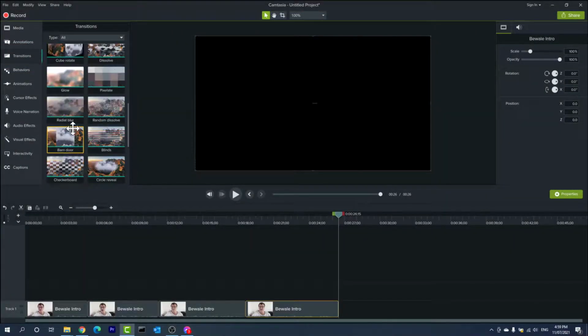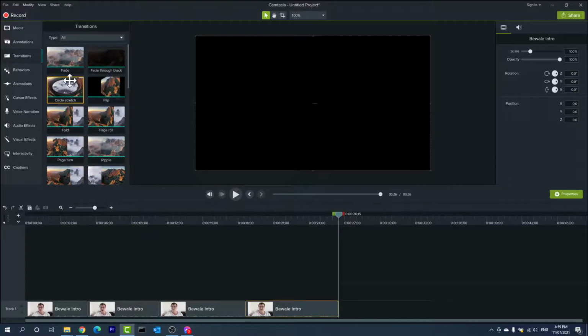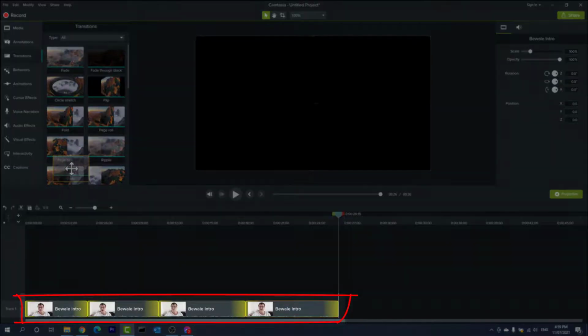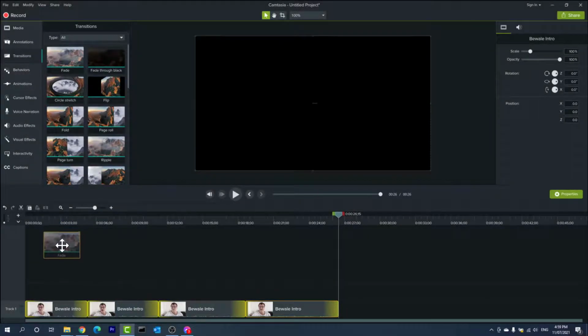I just want to do a quick fade. So what we're going to do, we're going to click and hold and start dragging. So as you can see down here, all of the pieces of media have started glowing yellow. So that indicates where this transition can be placed. So what I'm going to do, I'm just going to place it at the very beginning and also the very